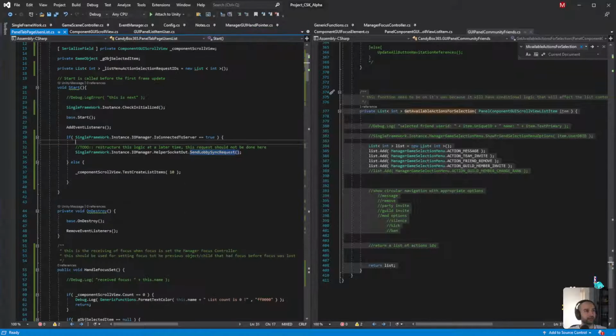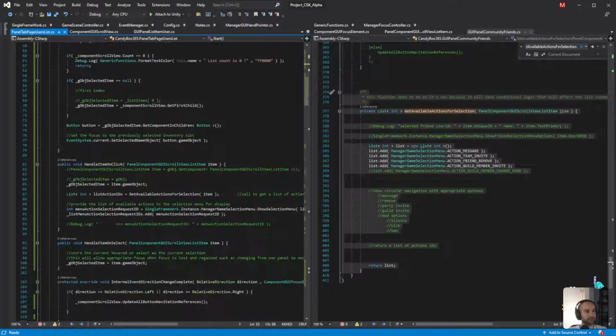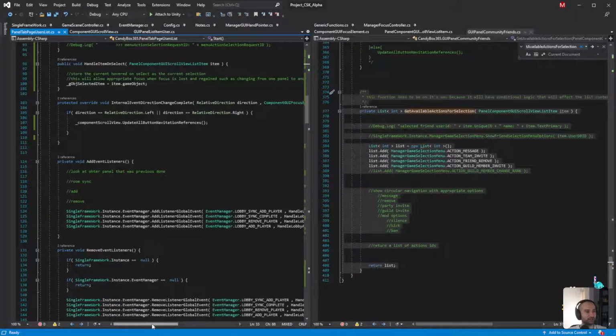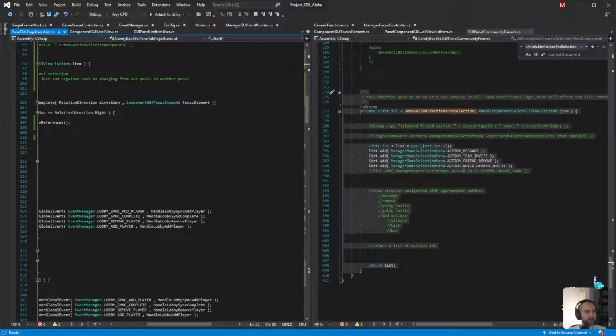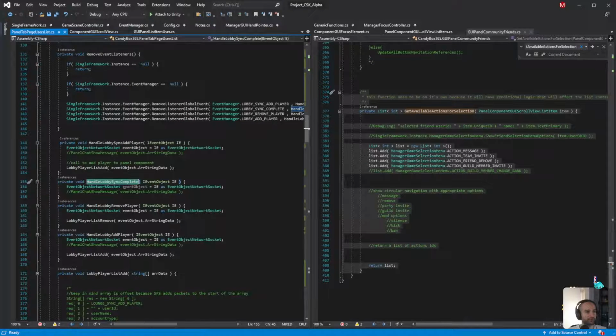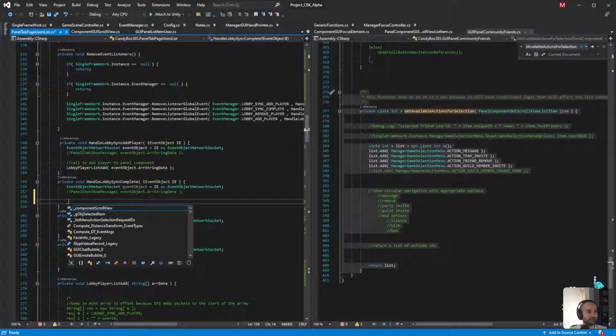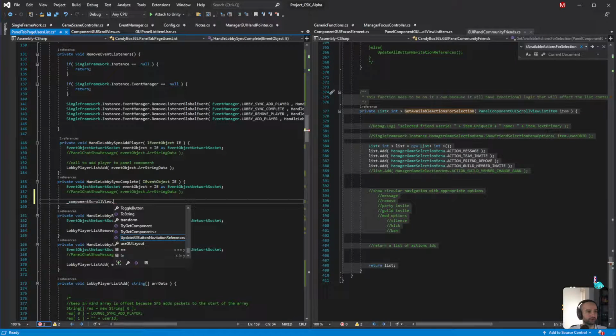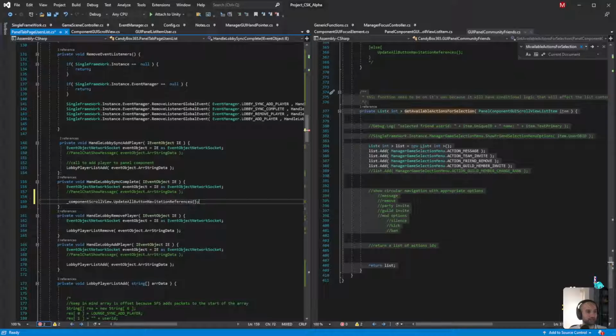Oh, okay. I think I know why. So when we send the sync request, we should be getting the sync request back. Lobby sync complete. That's when we should be doing it. Okay, I think that's it. So this is component scroll view dot update navigational references.